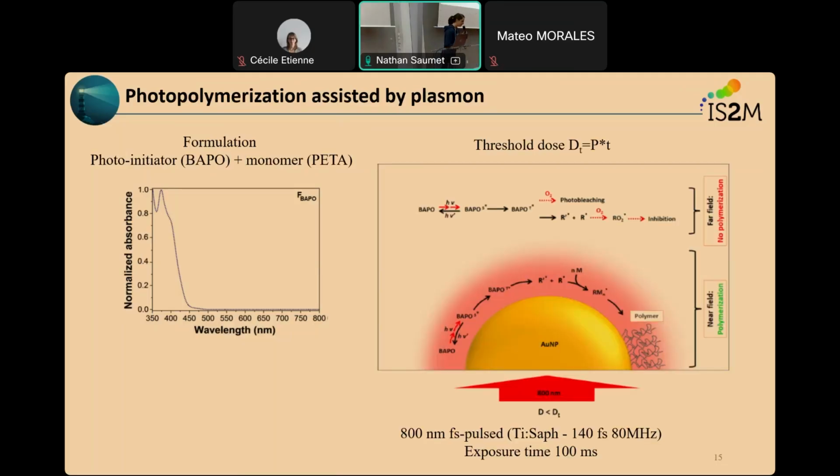Before doing any experiment, we have to know the threshold dose of the system. So it's the dose at which the system will polymerize in the far field. What we want is to observe photopolymerization only in the near field, so what is enhanced by the nanoparticles. So we need to be under this threshold dose, just to have the polymer starting here and not on the outside. To do that,